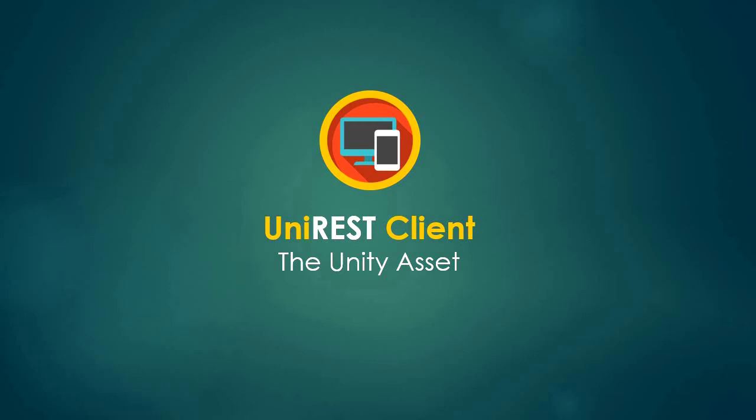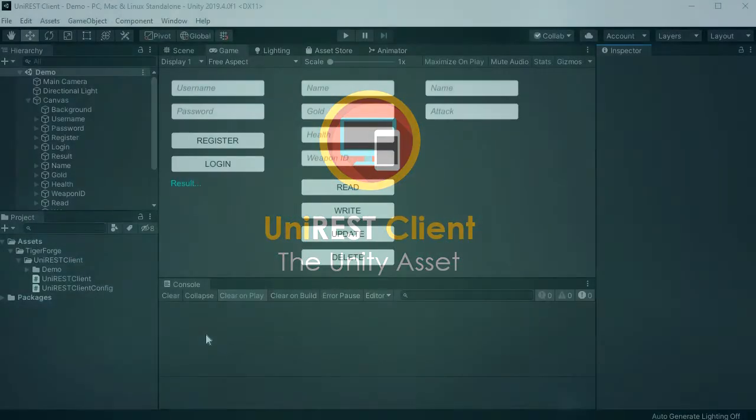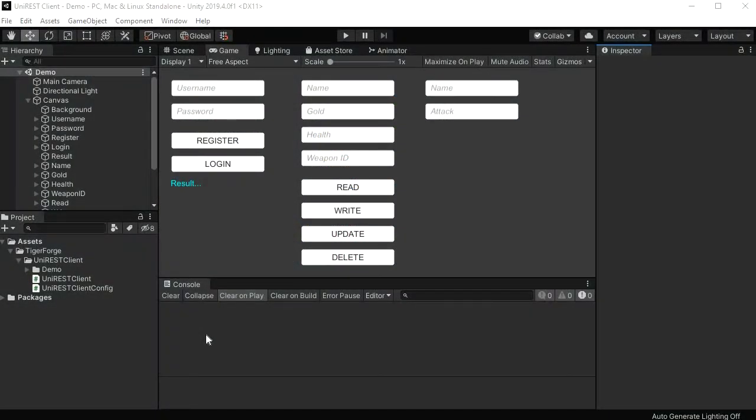The UniREST client is a Unity asset you have to install in your Unity game project. Once installed, your project will have a Tiger Forge folder containing the UniREST client asset. The asset consists of two scripts. The UniREST client script is a class containing everything you need to communicate with your database. The UniREST client config is an empty file you have to fill with the configuration script provided by your UniREST